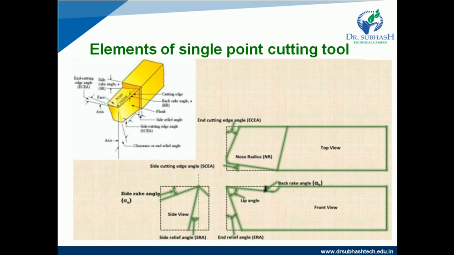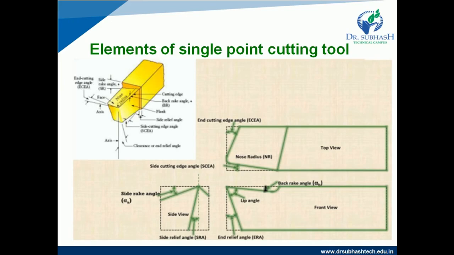You can see all the views of the single point cutting tool in the slide. There are only two types of cutting tool that we have already discussed in the previous video: single point and multi point cutting tool. In the single point cutting tool, one cutting point or tip is available, and examples are the lathe machine, planing machine, shaping machine, etc. For multi-point cutting tools, examples are the milling cutter, grinding wheel, drilling tool, etc. We have also already discussed the materials used for the single point cutting tool: high carbon steel, high speed steel, ceramics, diamonds, cemented carbide, etc.